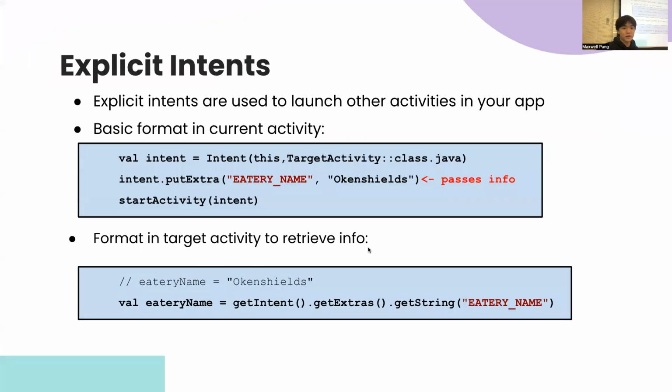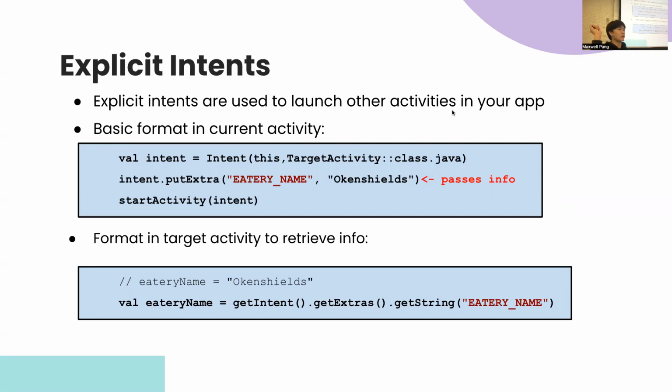Okay. So here's the syntax for explicit intents, which I think you might need in your homework. Definitely will in the future. So explicit intents are used to launch other activities in your app. And the basic format is you create an intent variable or value, and the intent takes in two things. So it takes in this, which is the context of your current activity, and then it takes in the target activity. And the two colons here, and then class.java means that we're casting it to a Java class, because originally